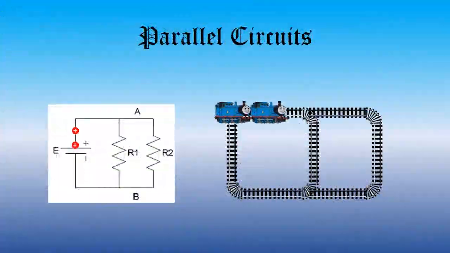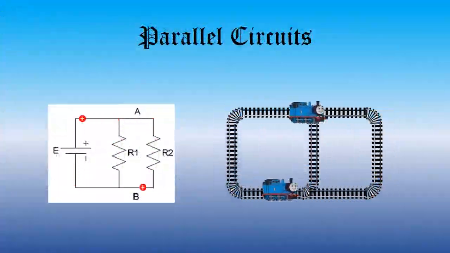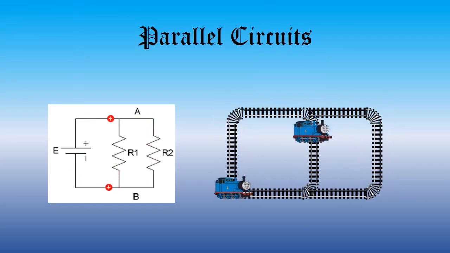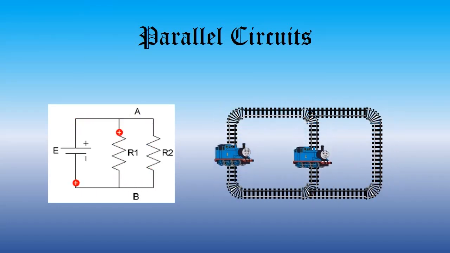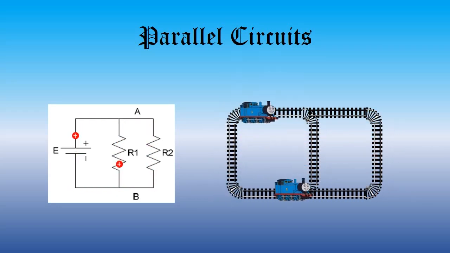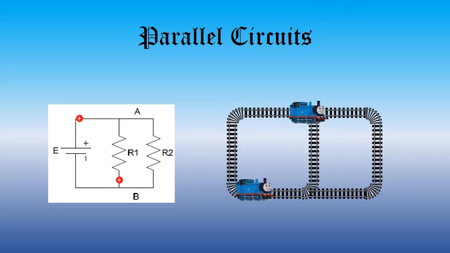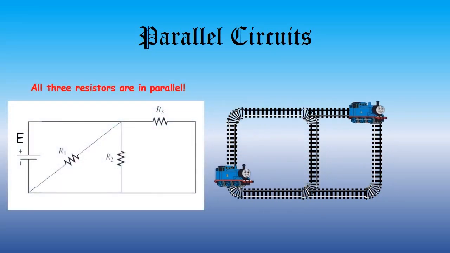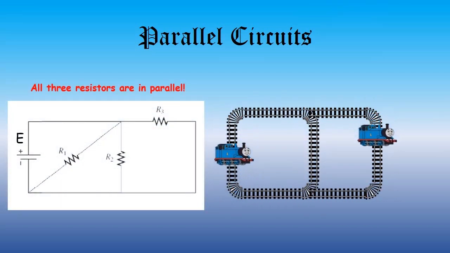In parallel circuits, however, two components share two common connections, and so the train tracks branch into two paths, only one of which a single train can follow. Hence the current is divided between these two paths, but ends up combining again before returning to the power source. Parallel circuits are often easy to identify as they are indeed drawn with two parallel lines, but often they can